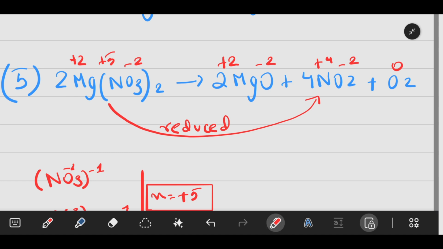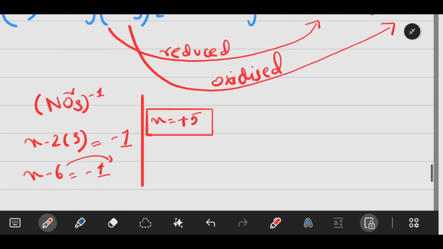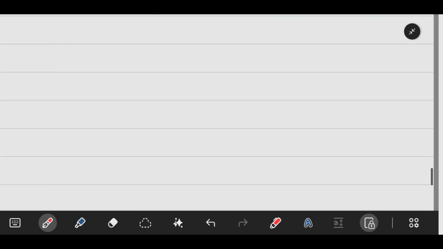As for oxygen, we have a minus 2 over here and a 0 over here, right? So it is being oxidized because minus 2 to a 0, it's increasing, so oxygen is being oxidized. Right, so let's move on to the last equation for this class, which is equation number 6,